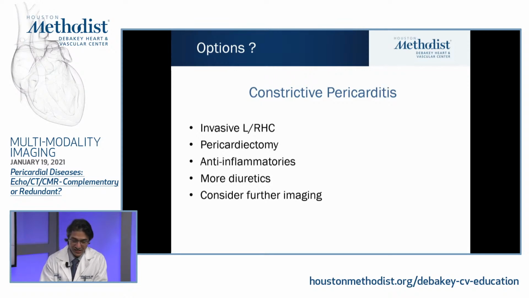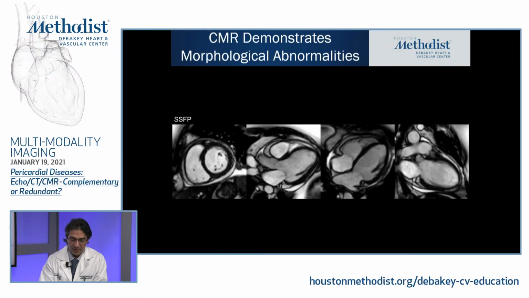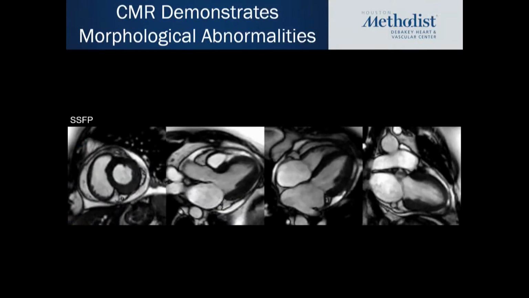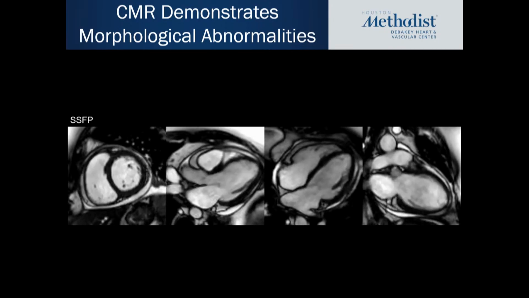Well, this is an imaging talk, so you would be right if you guessed imaging, but my job is to tell you maybe why this was the correct choice. So here are these SSFP images, and right away you can appreciate, although we tend to use the T1 to look at pericardial thickness, compared to the other images I've shown you, you can see this profile that this pericardium is thickened